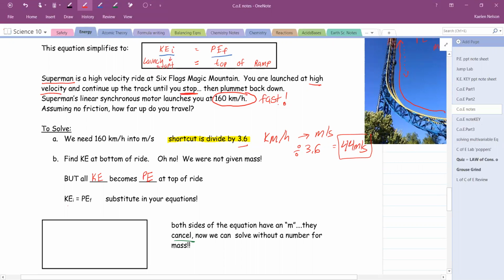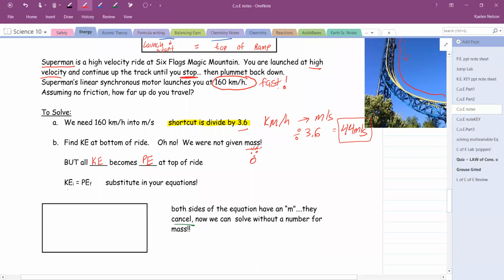Our next step is to find our kinetic energy at the bottom of the ride and our potential at the top, but we're not given a mass. Okay, that's going to make things a little more challenging, but now we're going to do a little bit of fancy algebra called substitution and canceling. So